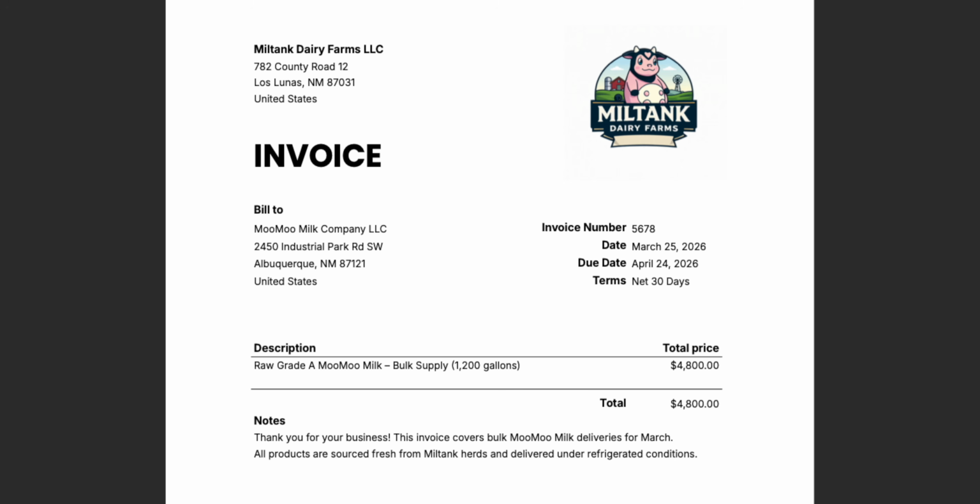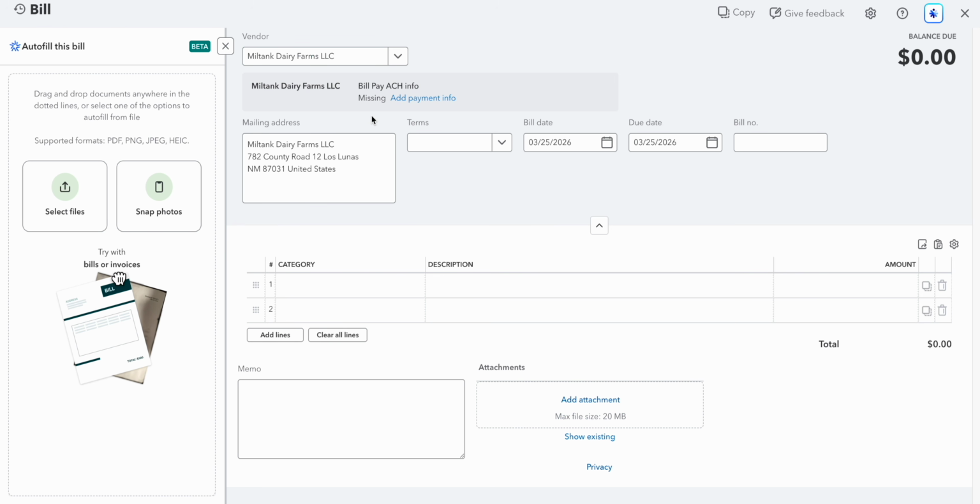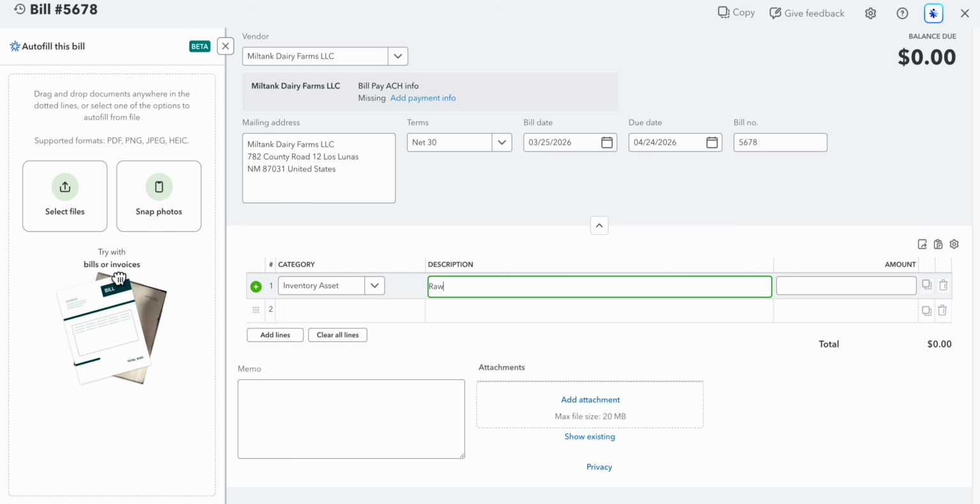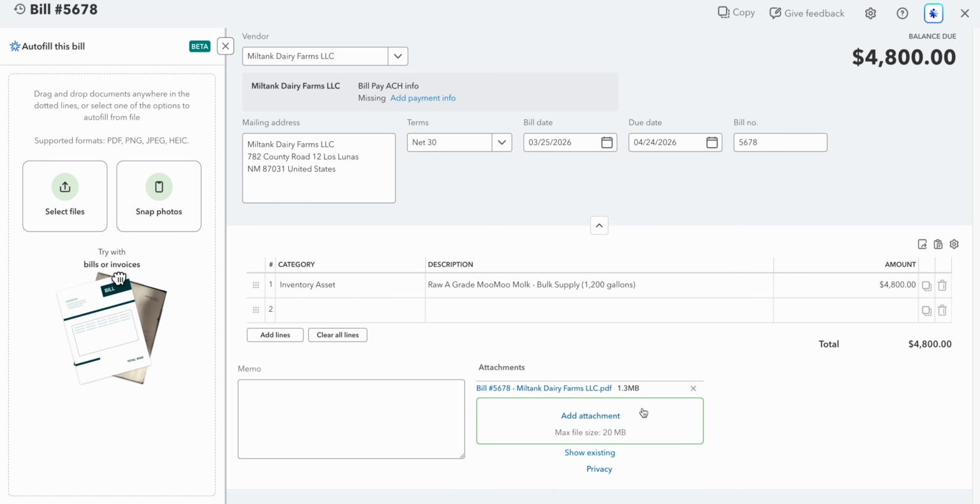Now, traditionally, you need to enter all of these details into QuickBooks manually. You'd start by selecting a vendor, then enter the terms, a bill date, and a reference number. And down below, you'd categorize the transaction, add a description, enter the amount, and attach the supporting document, which can